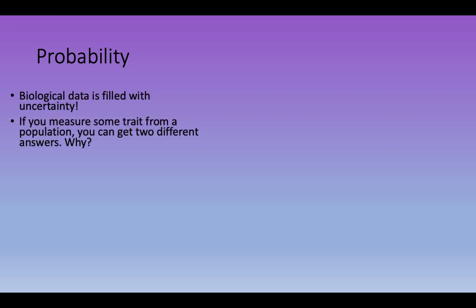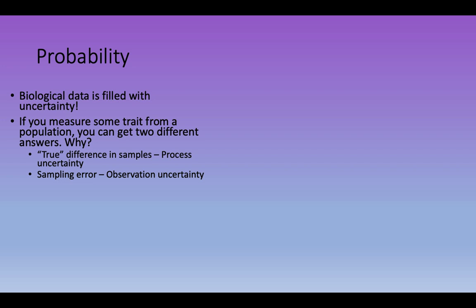Anytime you measure anything, you could possibly get two different answers. Why is that? Because any sample that you get might have some process uncertainty in it. You could see true differences between two samples, and that's a real thing. I sample from this population, I sample from that population, and they're different. These guys are bigger than the other guys. It just is, and that could be true.